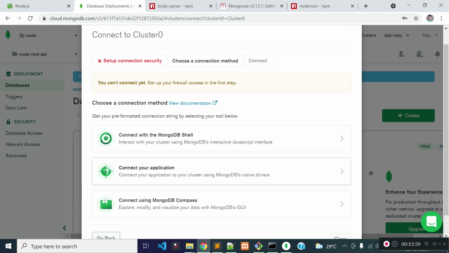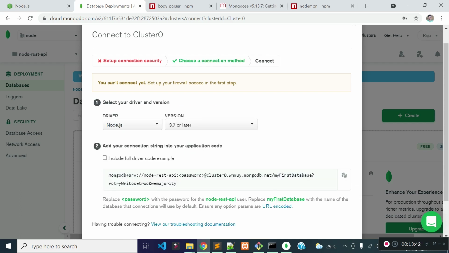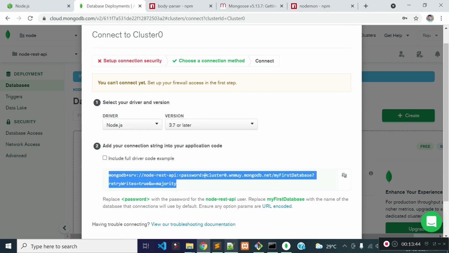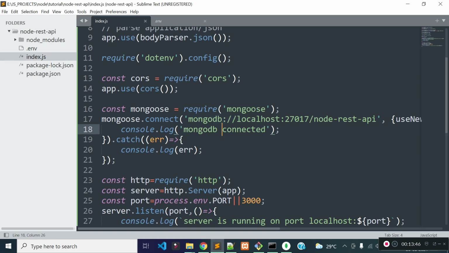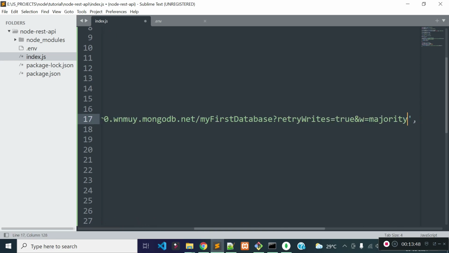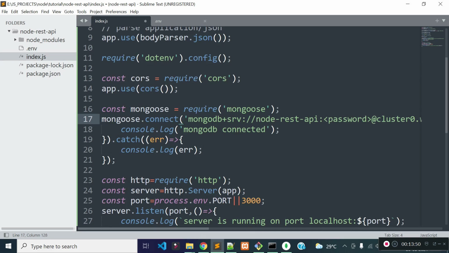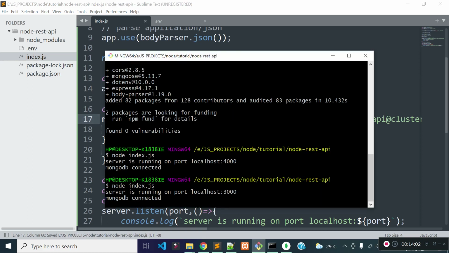I will choose connect to your application, and then we need to provide this URL inside this connect method, and this is our live URL. We only need to modify the password here. So the password I provided is node-rest-api. Okay, now save this file, and then we need to restart the server again.